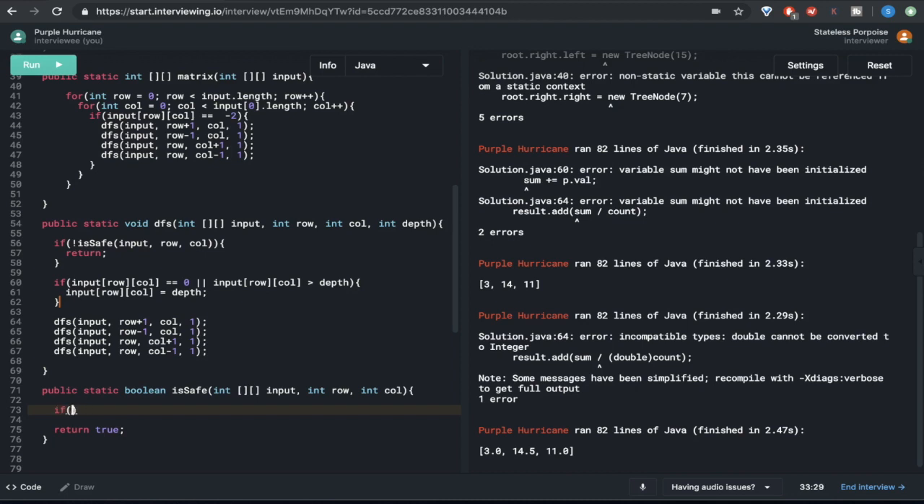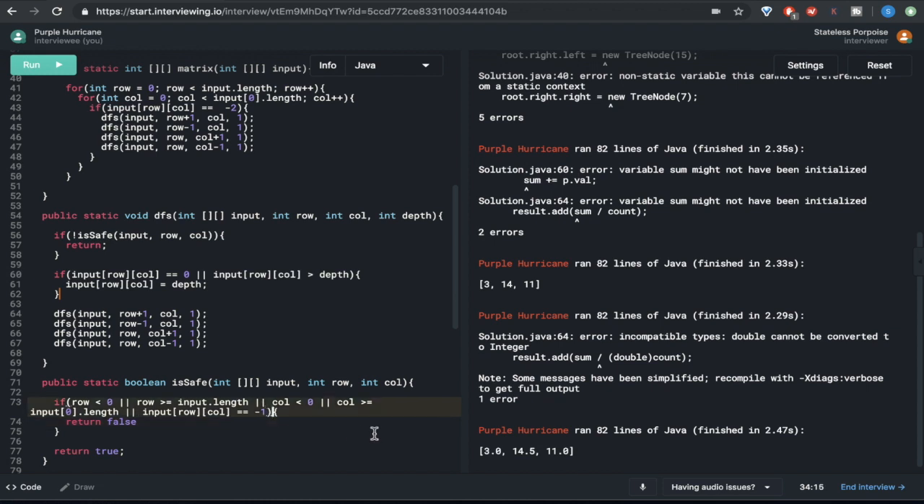So we'll do, if row is less than 0, length. That checks if it's out of bounds. We also want to check if it's negative or if it's a wall. And then I think we have one more case, but if that's true, we want to return false. We also need to check if we've already visited it. I don't know if we should do that in here or